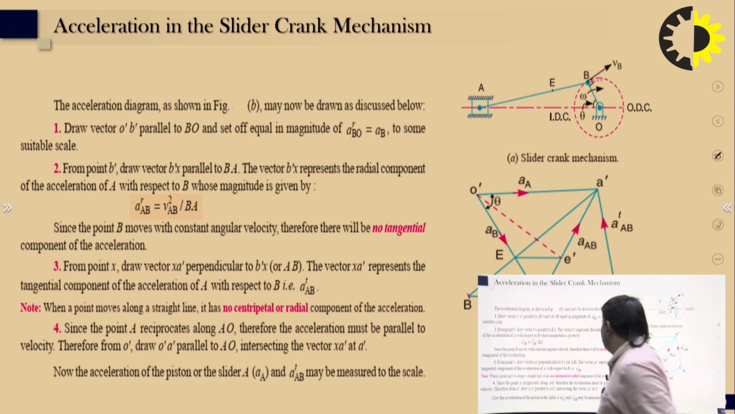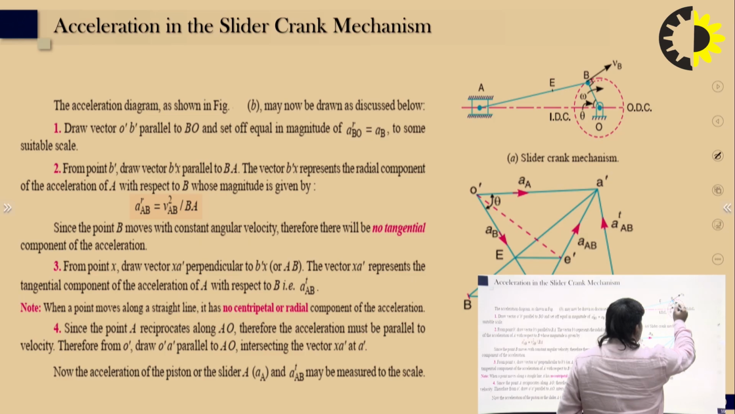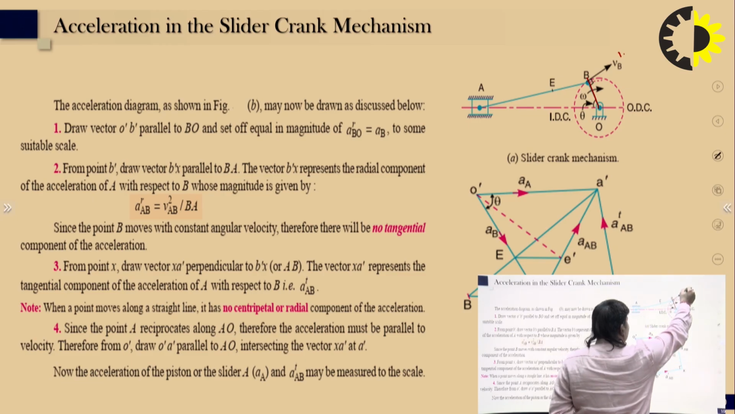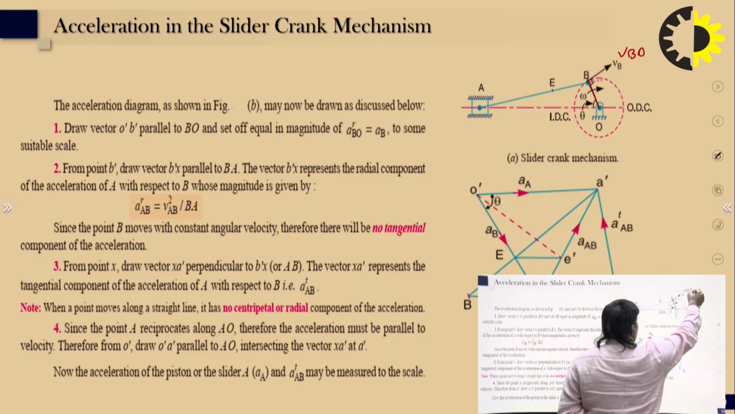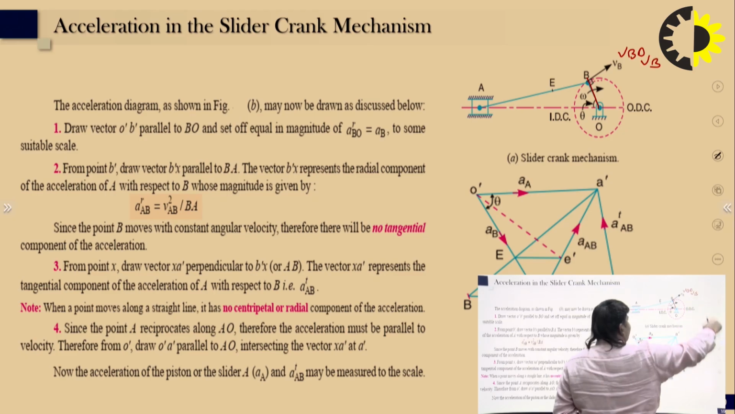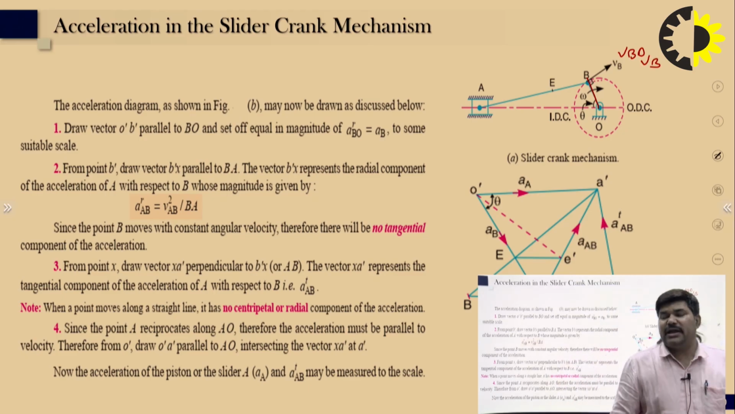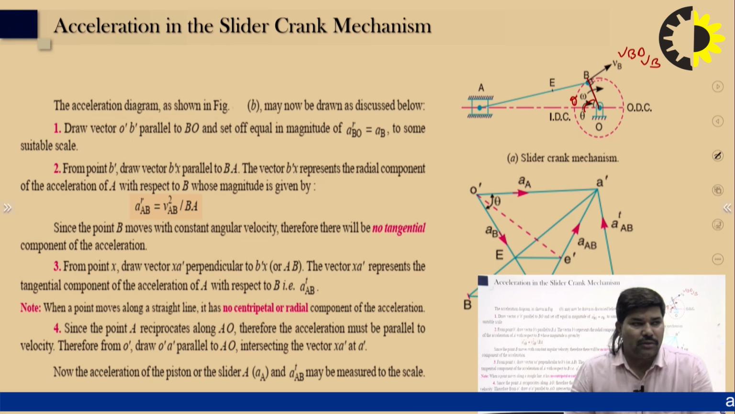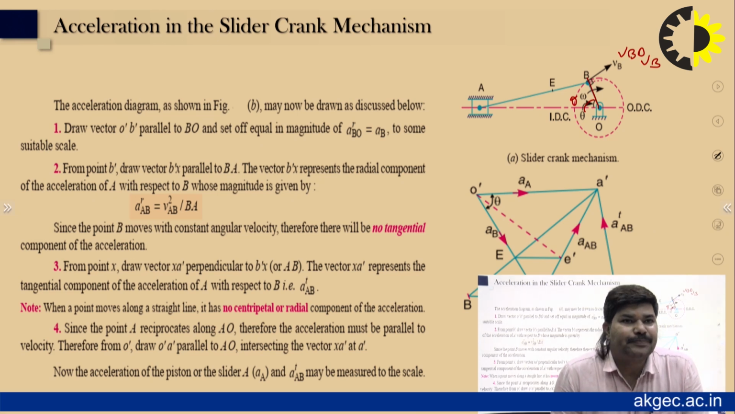So, you can see here the 4-bar mechanism, that is the slider crank mechanism. The fixed point O, and OB is rotated with omega angular velocity, and the point A is the slider. The velocity of B with respect to O, or the velocity of B because O is fixed, makes an angle theta from the IDC. So, draw the vector O dash B dash